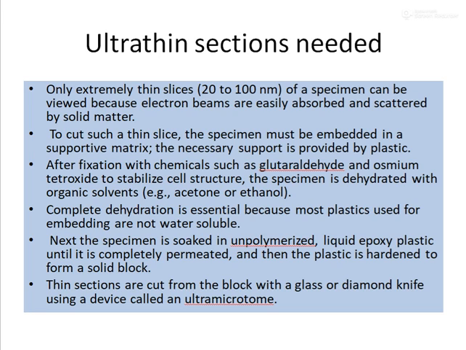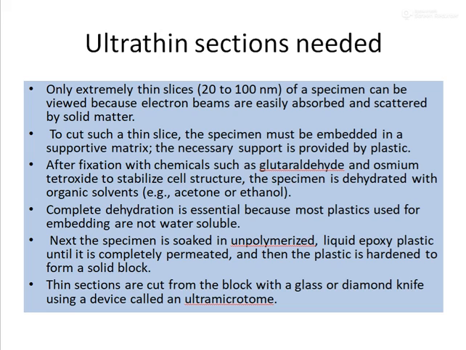Further on, the specimen is dehydrated with organic solvents, and complete dehydration is needed because most of the plastics used for embedding are not water soluble. So we need to dehydrate it completely. Next, the specimen is soaked in unpolymerized liquid epoxy plastic until it becomes completely permeated. Then the plastic is hardened to form a solid block, and thin sections are cut from the block with a glass or a diamond knife using a device called an